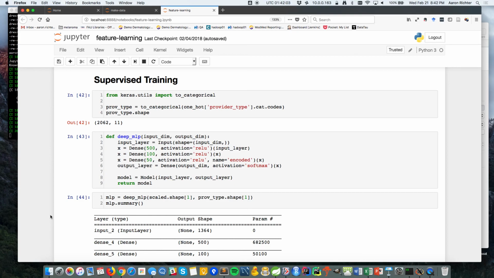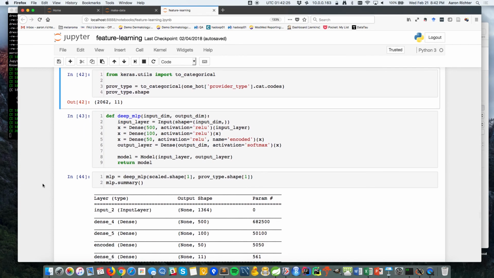But same idea. It's very similar to what you saw with the autoencoder, except the difference here is our output layer is now a different thing. Our output layer now has 11. Actually, it's the top 11 because I said grab everything with an index up to 10, zero indexed. So it's top 11 providers, but forgive me for that.